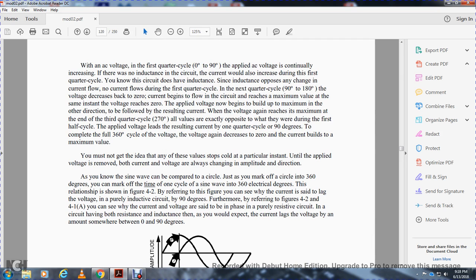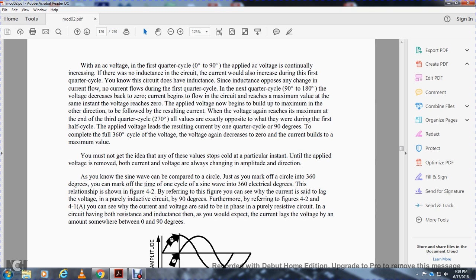As you know, the sine wave can be compared to a circle. Just mark off a circle in 360 degrees. You can mark off the time of one cycle of the sine wave into 360 electrical degrees. The relation is shown in Figure 4.2. Referring to the figure, you can see the current is said to lag the voltage in a purely inductive circuit by 90 degrees. But further, referring to Figure 4.2 and 4.1, you can see that the current and voltage are said to be in phase